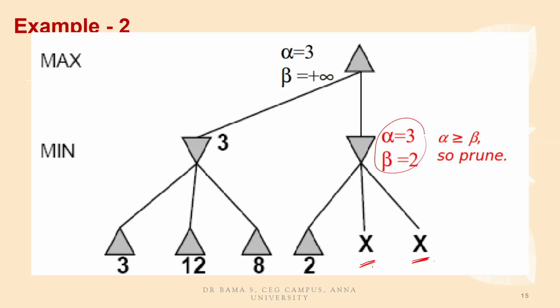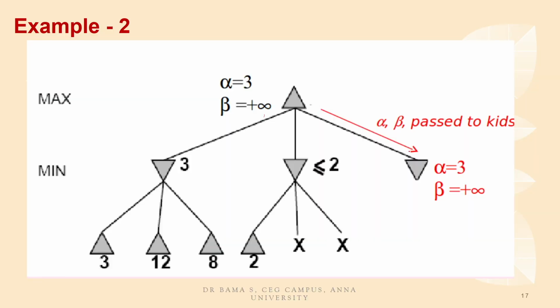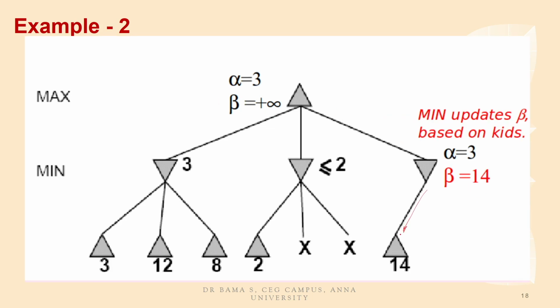Therefore, whatever the values are going to be right here, even if it is going to be 100 or 200 or less than that, because of this value, this part of the tree gets pruned. And this 2 is returned back, because this is the minimum value. Then 3 and this alpha and beta value is passed to this child with the same value, alpha and plus infinity is passed to this node, and when it goes to the depth first search,